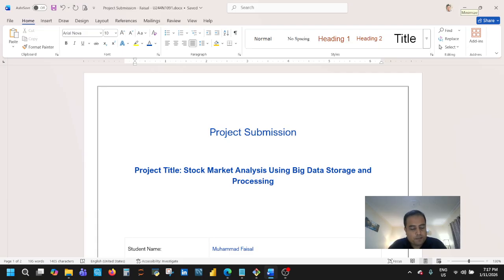The objective of this project is to design and implement an end-to-end big data analytics pipeline using stock market time series data as a realistic application domain. So the focus of the project is not financial prediction or trading, but rather big data ingestion, persistent storage, distributed processing, and reproducibility. The project demonstrates how big data technologies such as MongoDB Atlas and Apache Spark can be combined to manage growing datasets that exhibit both volume and velocity.